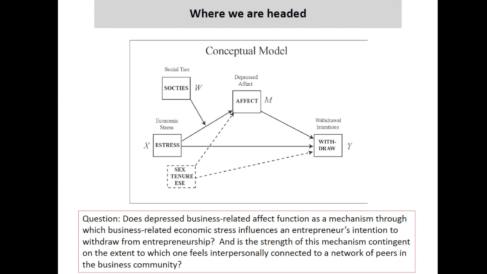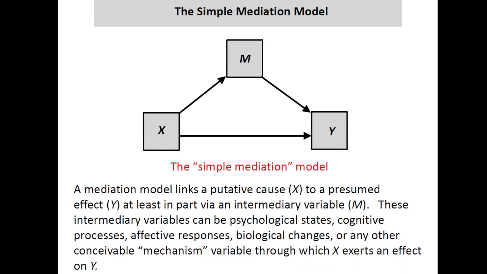So what we'll do with this model is we will break it up into its parts. There's what we call a mediation component, which is this triangle. There's a moderation component, which is here. And when you tie them together, you have something called a conditional process model, where we can model the contingent nature of mechanisms. So let's start with mediation.